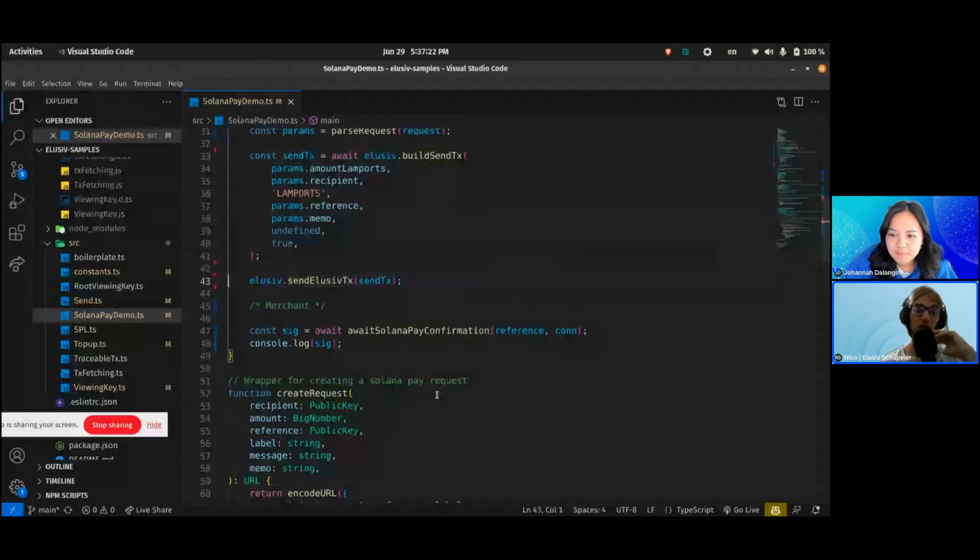However, most front-end stuff, or most times when you actually talk to the blockchain, most clients are written in TypeScript. And so what this SDK that I'm demoing here allows you to do is easily communicate and send transactions using the Elusiv on-chain program. And if we had written that in Rust, which would definitely be possible as well, the disadvantage would be that in most cases, when you want to talk to the Elusiv